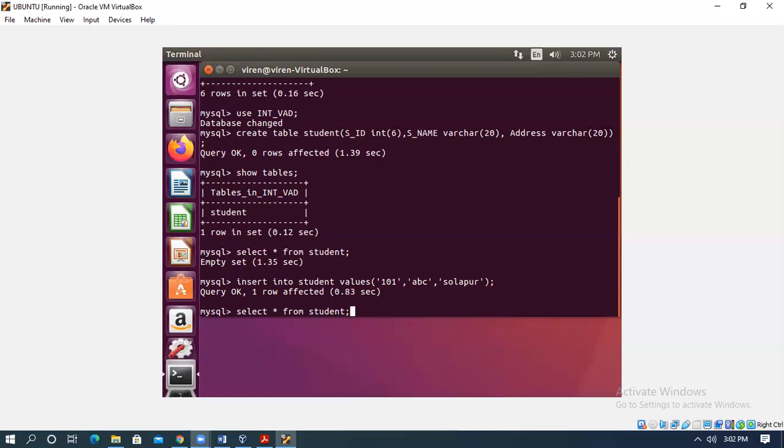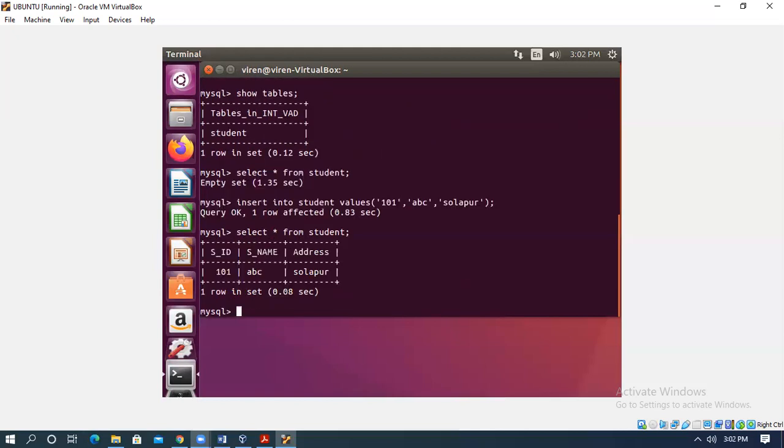Select star from student. See, now it is showing you the one single record, that is 101 ABC Solapur, which we have inserted, right? 101 is the student ID, ABC is the student name, and the address is Solapur.